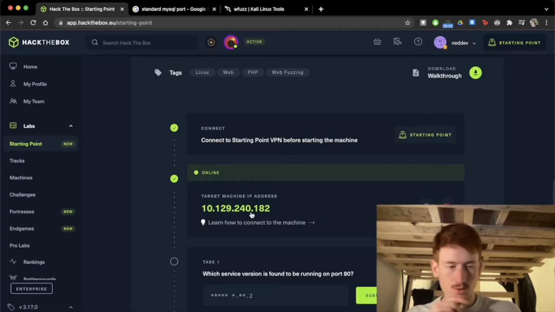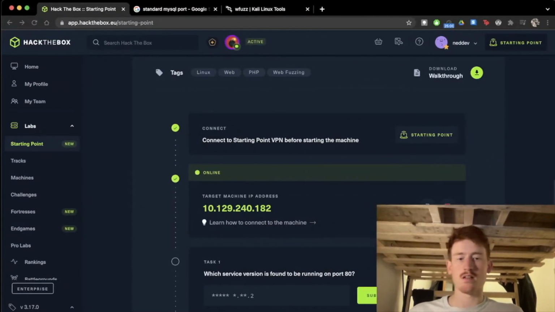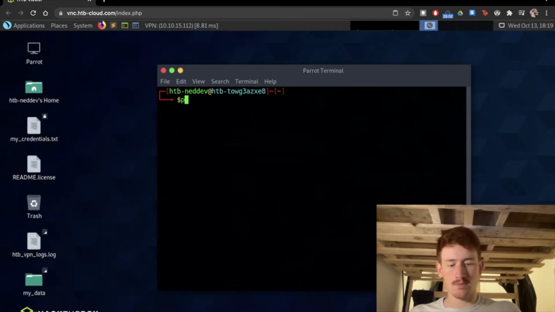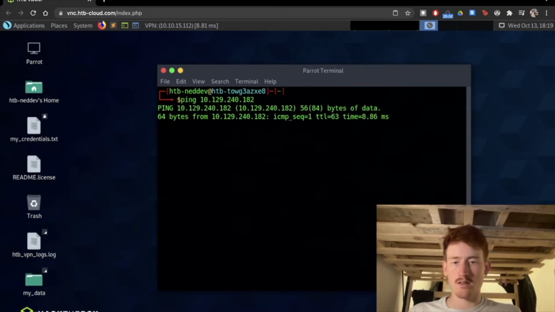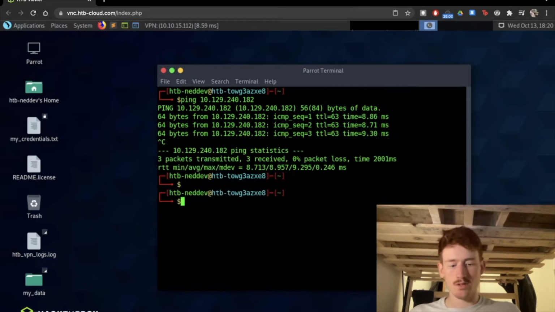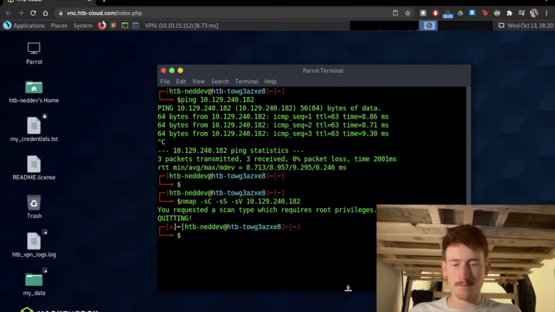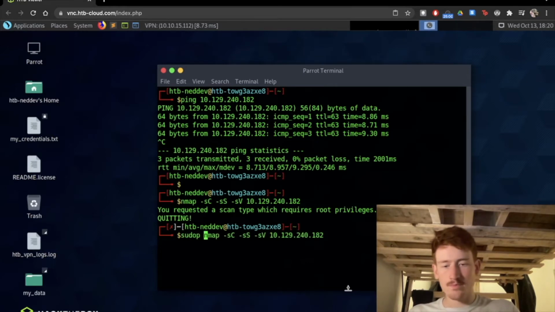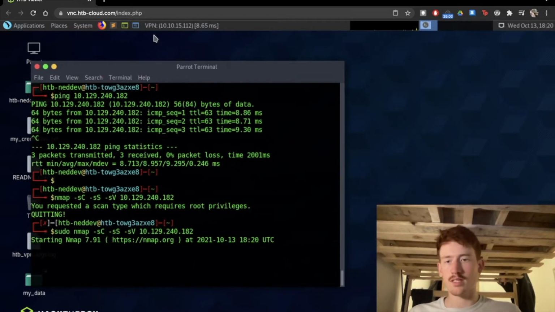Okay, cool. So we've got our IP address. Let's copy that in and head over to our box and ping that IP address. Yeah, all good. And nmap -sC -sS -sV, sudo, every time. And whilst that's happening,